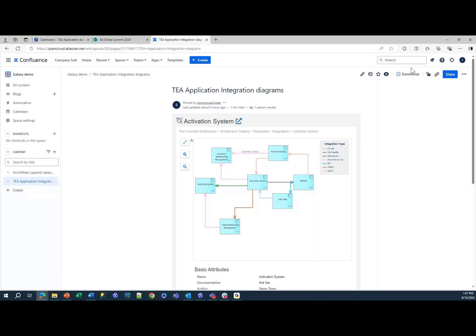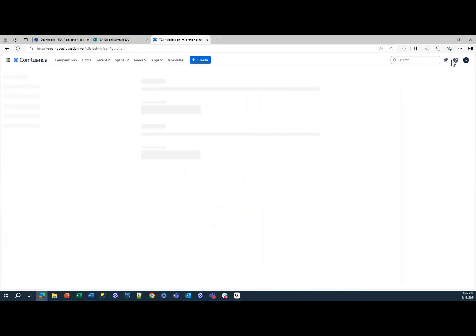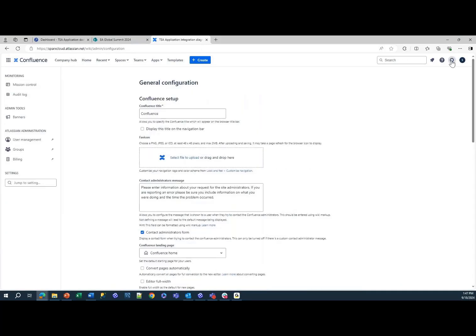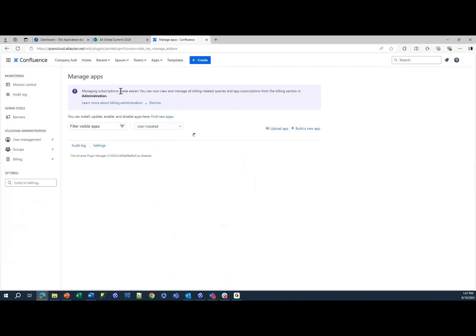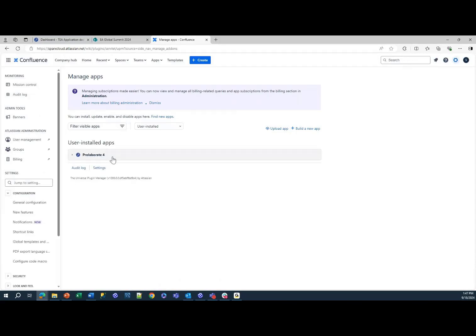When you want to add the Prolaborate plugin, go to the Confluence administration icon, go under Manage Apps, and then here's where you can locate apps. You can see I already have it installed, but if you don't have it installed yet, go ahead and go to Find new apps,